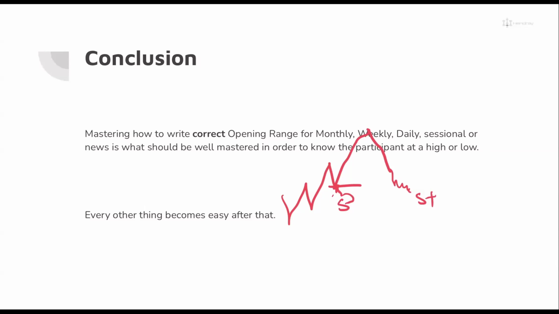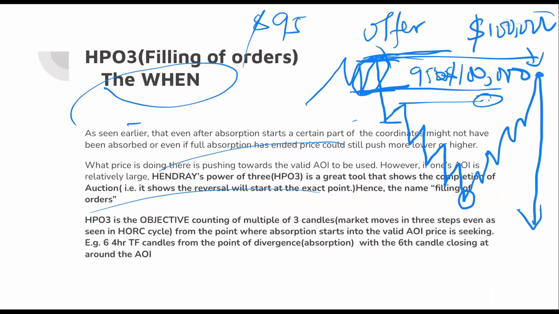In fact, if you want to swing trade, sessional OR might not be so important at times. Trust me. If you want to swing trade, automatically you do confluence, you know that is more like the smallest unit of time. So automatically you do confluence, but it is good to always check it to avoid some little loss that will now later go into your profit.